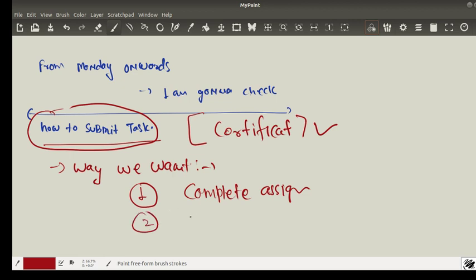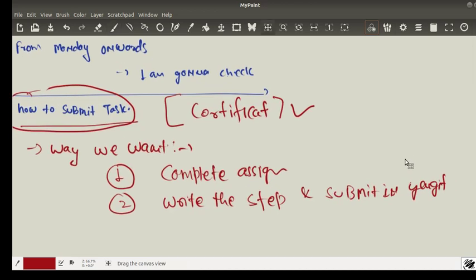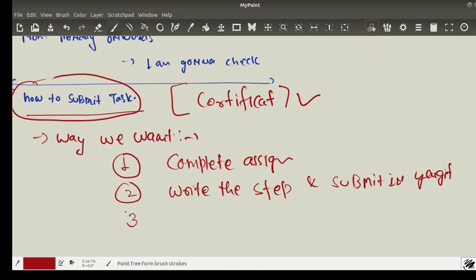Then write the steps and submit them in your Git account, in your GitHub, fine, in your GitHub, and then the URL you have to comment